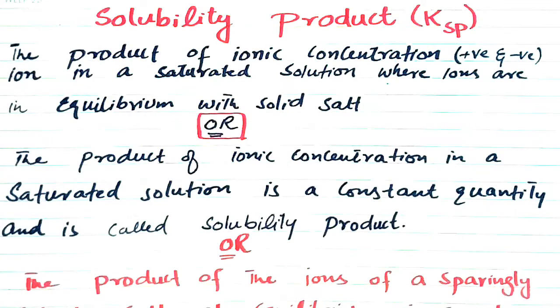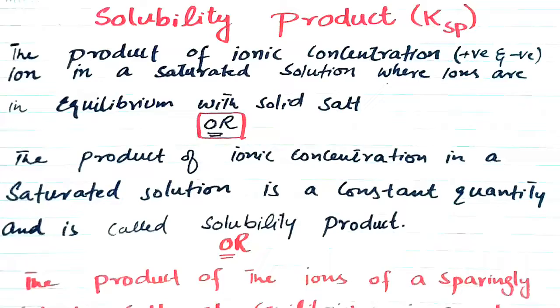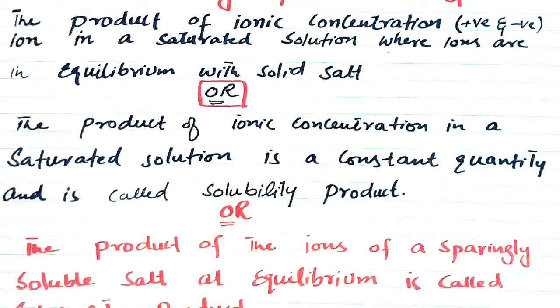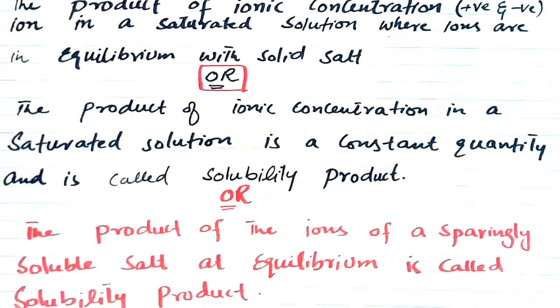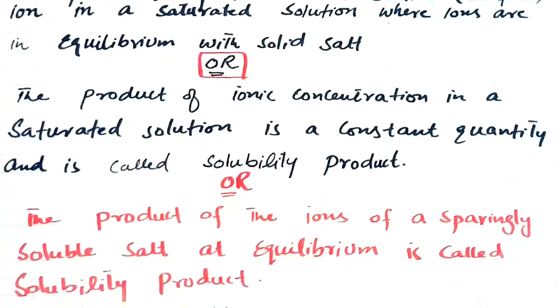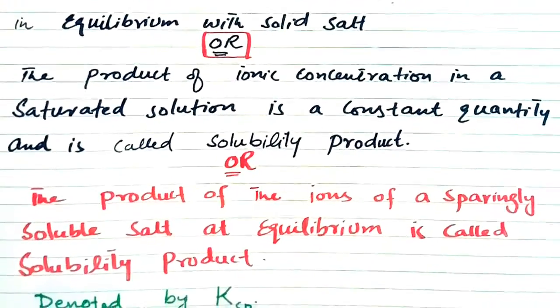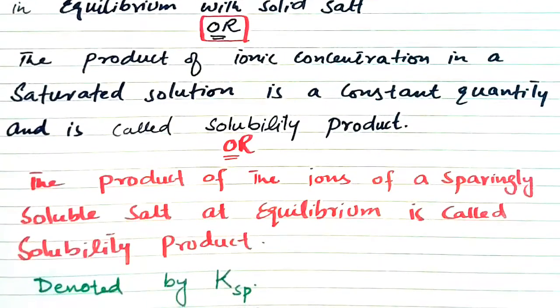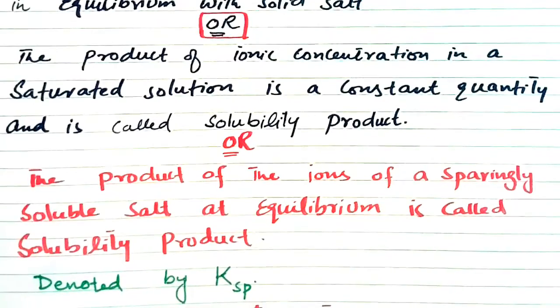Secondly, the product of ionic concentration in a saturated solution is a constant quantity and is called the solubility product. Or it may also be defined as the product of the ions of a sparingly soluble salt at equilibrium is called the solubility product. Now whenever you talk about the solubility product, the Ksp value is used. Let's suppose the